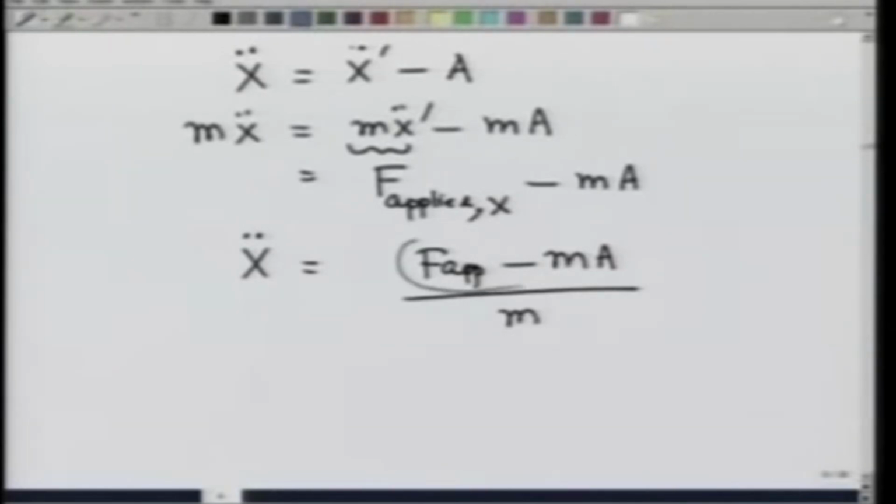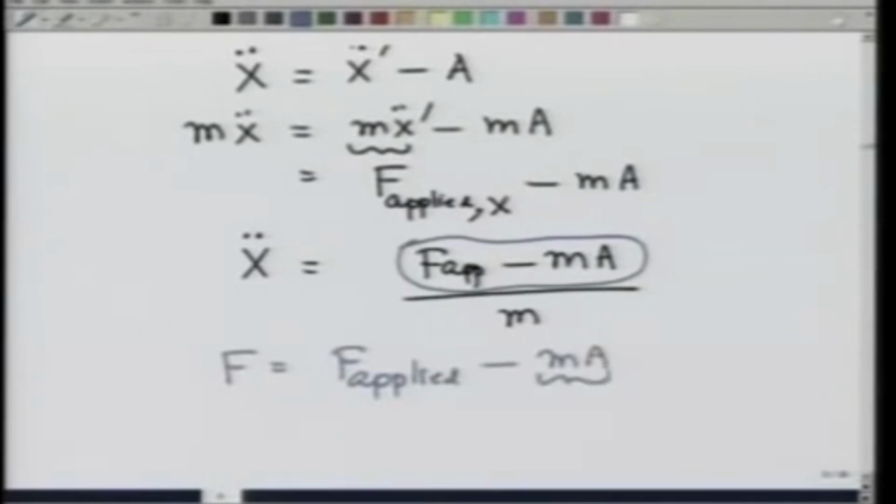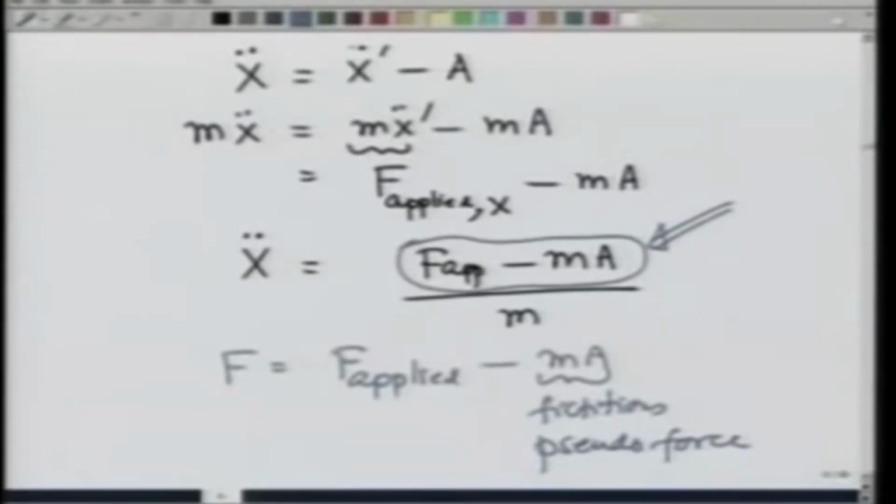This entire thing is like a new force which is calculated by F equals F applied or external minus m a, which is a fictitious or a pseudo force introduced to account for this kinematic effect. The kinematic effect is because I am sitting in a frame which is accelerating, I see things accelerating past me for no apparent reason. So, I introduce a force, and now I have got my equation